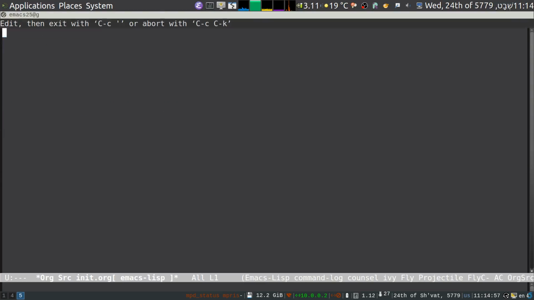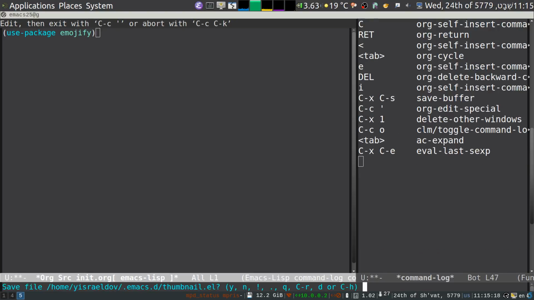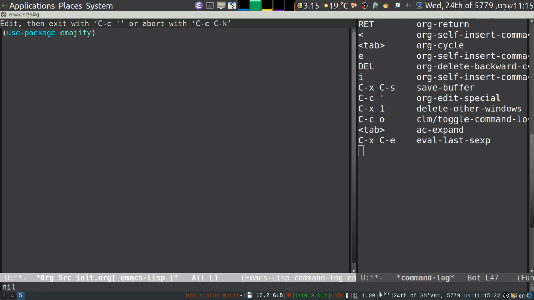I wish that thing didn't go away. So use-package emojify, and let's get that installed here. And now we have emojify, and now if we do cat,